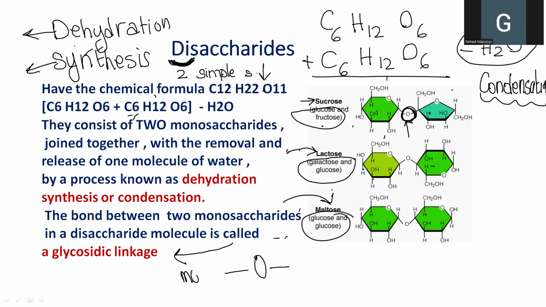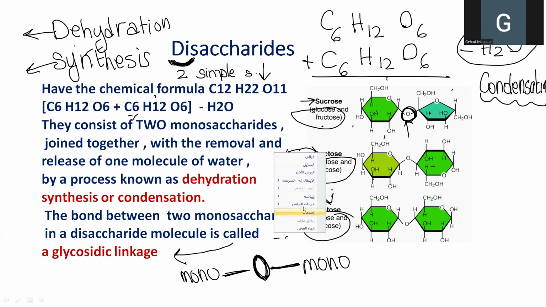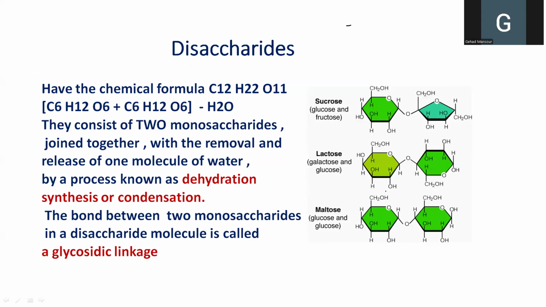So actually you have a monosaccharide on one side and another monosaccharide on the other side, and they're linked together by an oxygen atom that has a single covalent bond with each of them. What would be the chemical formula of that disaccharide that has been formed upon carrying out dehydration synthesis? Actually, every one of the hexoses that shared in the formation of the disaccharide is C6 or has the formula